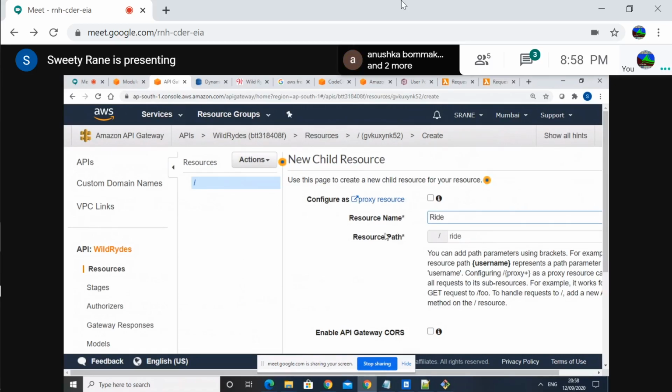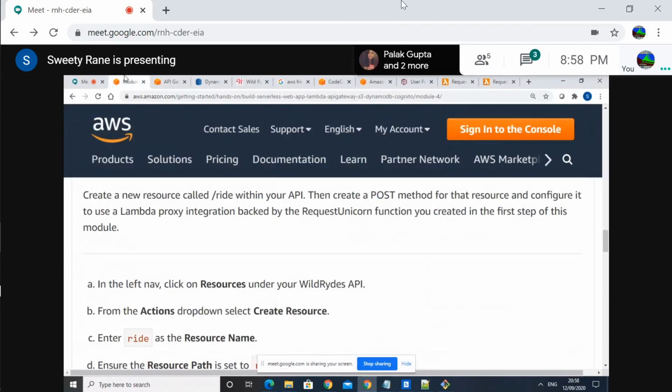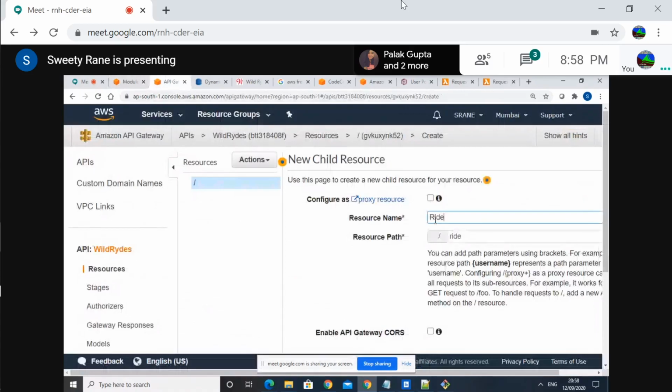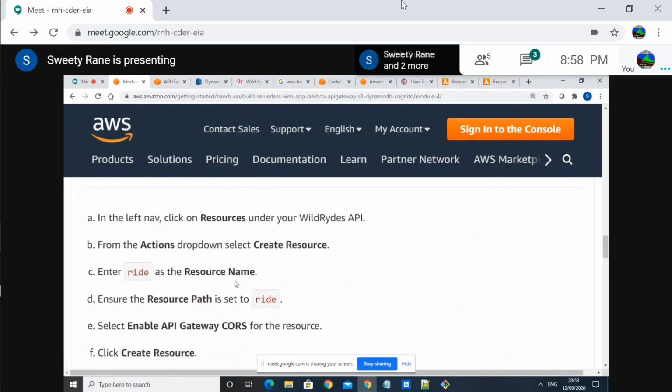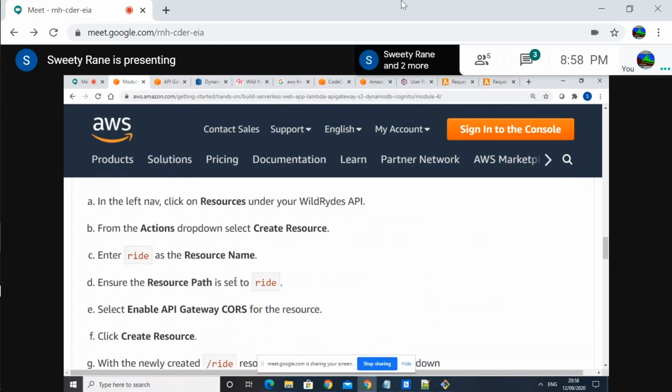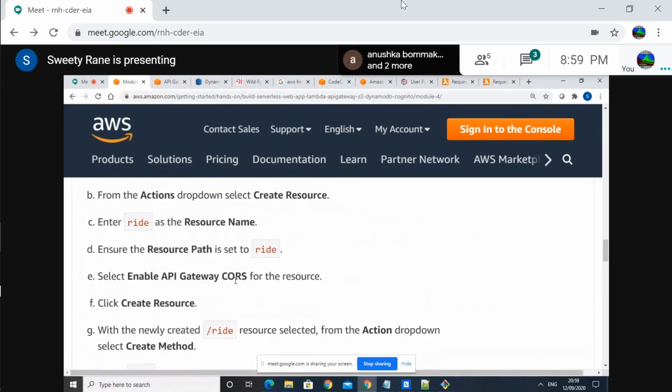Go back. Okay. Now, what is the next one? Ensure the path name is /ride and enable API. Yeah, I think it's given there, behind. Just read properly what is behind. So go ahead and do that.